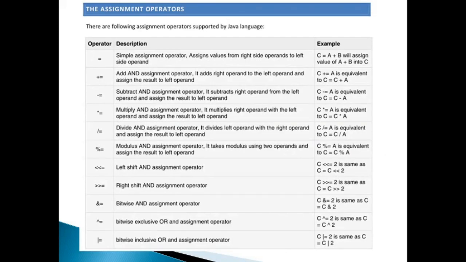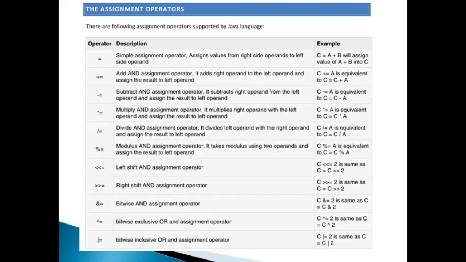Okay. Now what are the assignment operators in Java? The assignment operators are used to assign values, to set values of variables. A simple equal to operator is an assignment operator. If we create a variable of integer data type like int A, and then assign A equals 4, this is simple assignment done by the equal to operator. If I want to add some value to it, like A is equal to A plus 2.